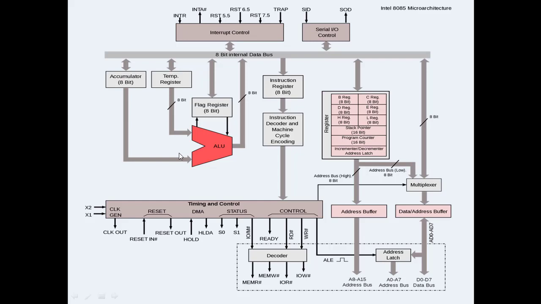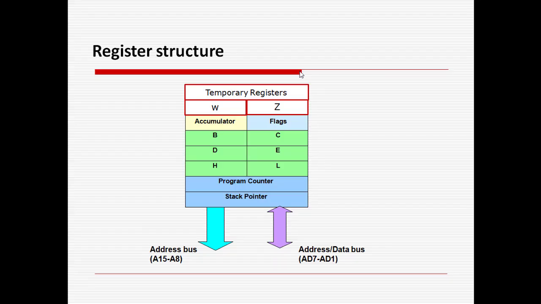In any arithmetical and logical operations, for example, if we have to add two 8-bit numbers, 08 plus 02, one of the data should be available in the accumulator. For any arithmetical and logical operation, one of the data should be available in the accumulator. The other data can be available with any of the registers B, C, D, E, H, L. So the accumulator is a special purpose register. One of the data is compulsorily available in the accumulator, so it's called a special purpose register.